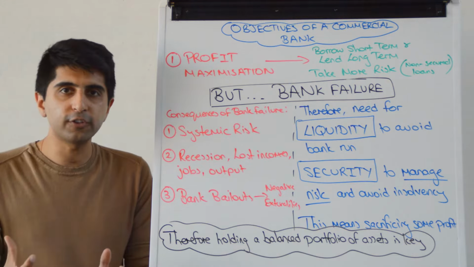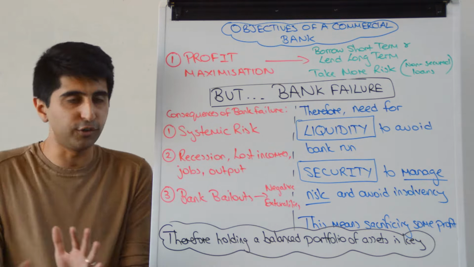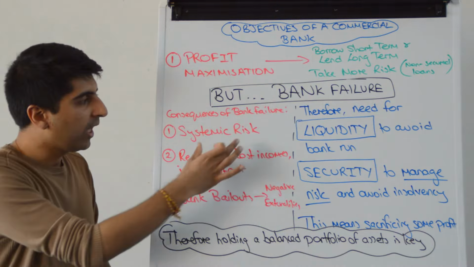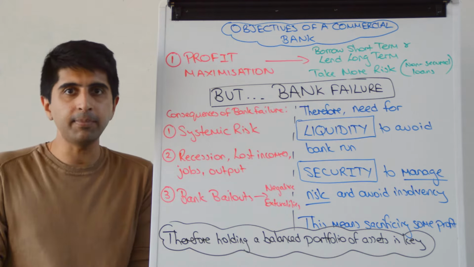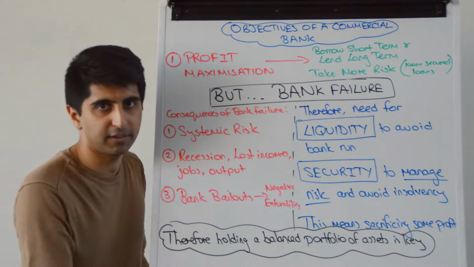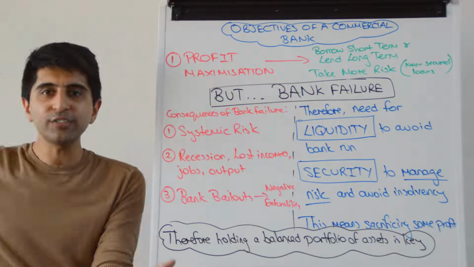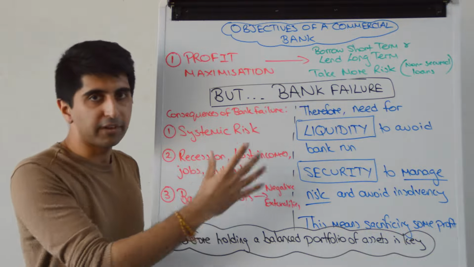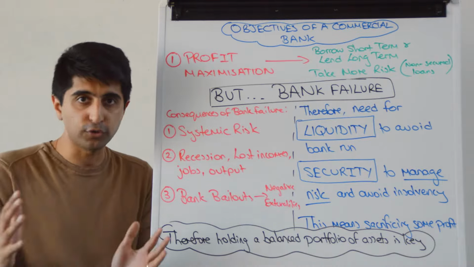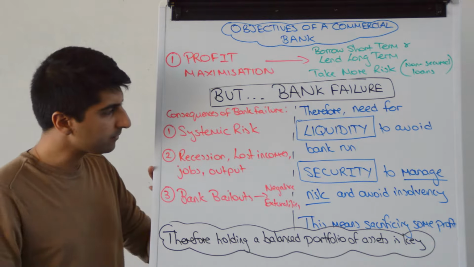But there are deeper consequences too. For society, that's not a good thing. Systemic risk, we talked about this before, didn't we, in my previous video? How if the bank fails, it's not just them that will fail, it might be another bank that fails, and then another bank that fails, and then another bank that fails. Basically, the whole financial system can come down if one bank fails. That's bad, that's systemic risk, and the greater chance of total financial system collapse.